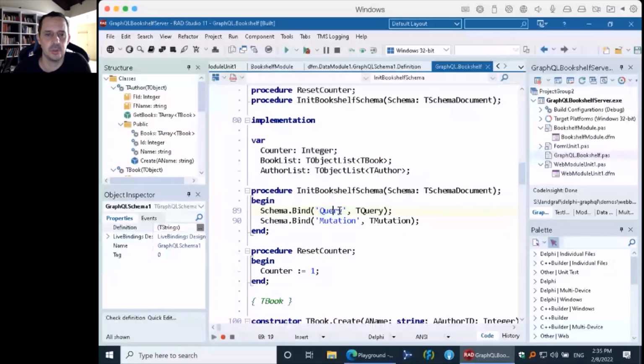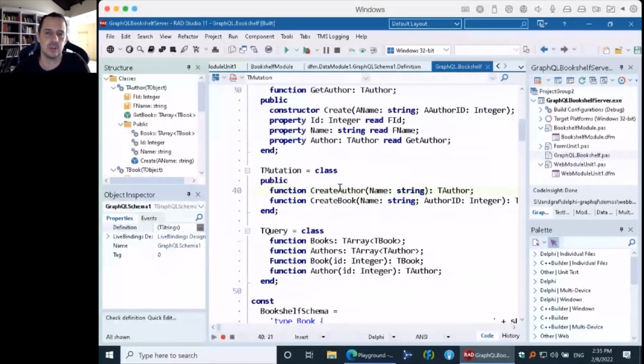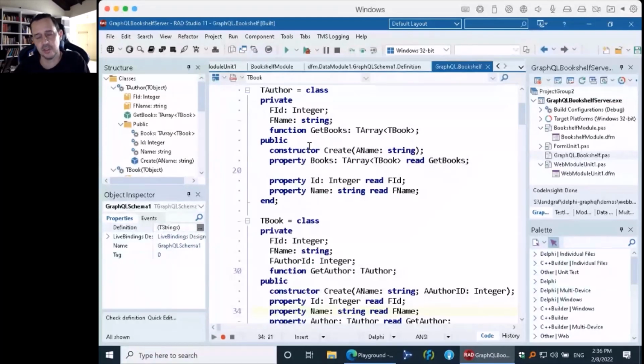So all we have to do is declare type T query and a type T mutation here with methods that have the same signature as the schema that we built, and then implement it here. So the field resolvers will be bound automatically. Okay, the same for the types. So I have here the type TBook and TAuthor, with ID and name, where the properties and the types match the schema specification, and then everything is just automatic.